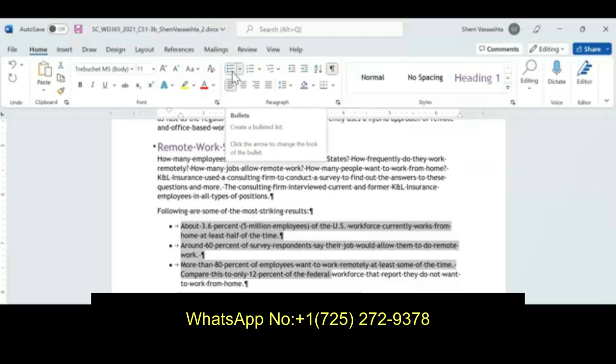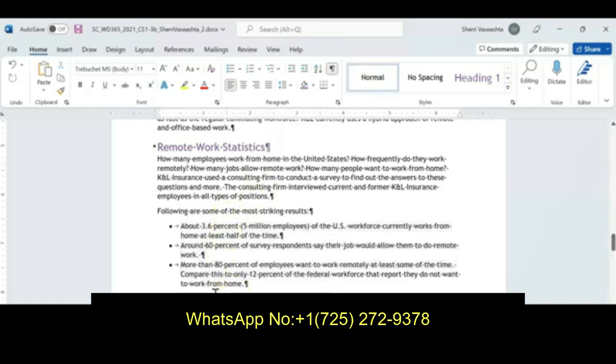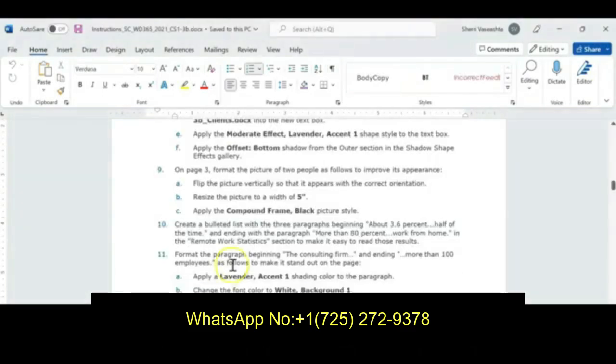Now we want to format the paragraph beginning the consulting firm and ending. Okay, so we're working with this paragraph now. And what I want to do with it is we're going to kind of make this purple light background of it. So first of all, I'm going to grab it up. And again, I'm getting these instructions from our instruction set. So we're at this point. Consulting firm ending more than 100. A lavender accent shading color, a font color to white background 1,